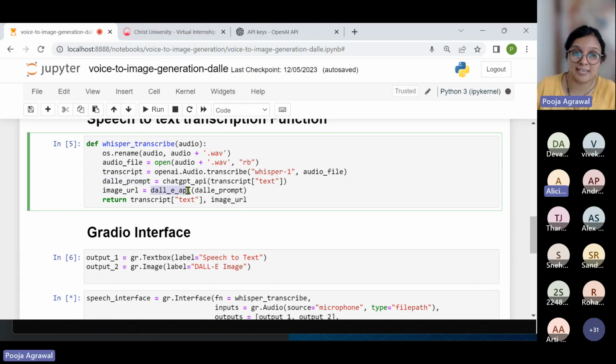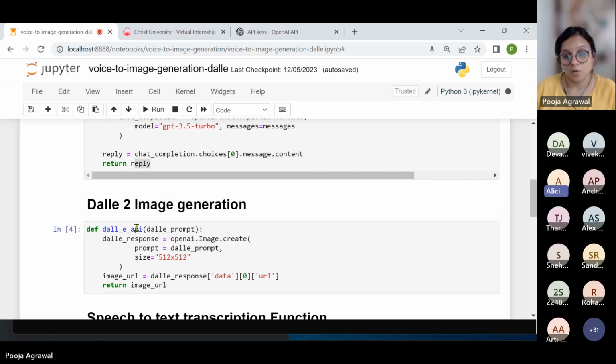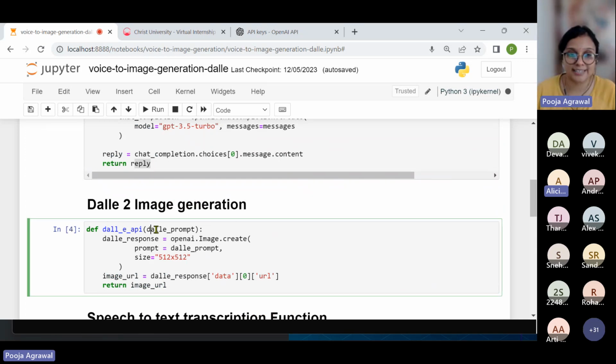Then your DALL-E API gets called, or this method gets called. What is happening here? The textual prompt, whatever I've written, right? Give me an image of a dog on the moon listening to music. So that textual form goes here. Your openai.image.create with the parameters prompt and the size of the image. You can, if you would like, increase the size here, but I also would like to showcase how you can do the same with your code snippet exercise.